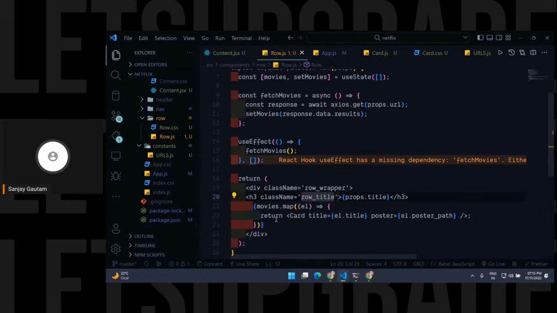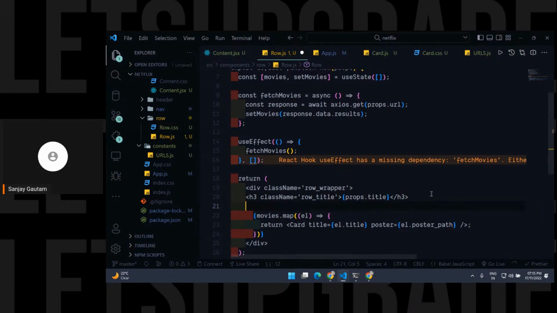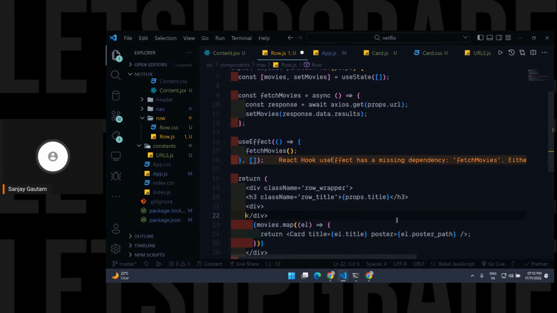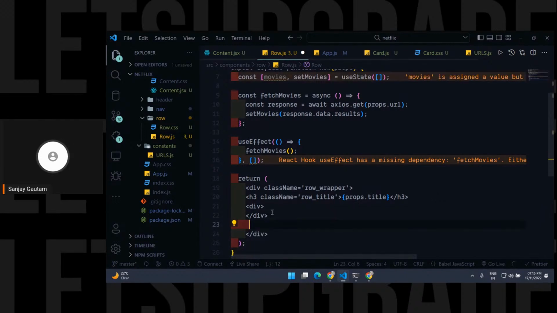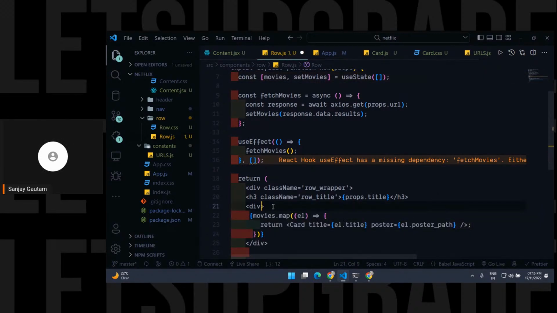Then I'm going to have another division, a div. Inside this div, I'm just going to loop over my array, my movies, and let me just give it a class of row cards. So I'm just giving some random class names to each and everything so that we can target it later inside our